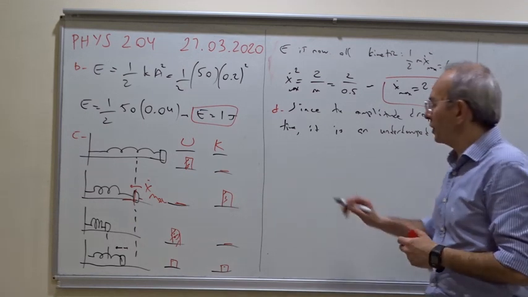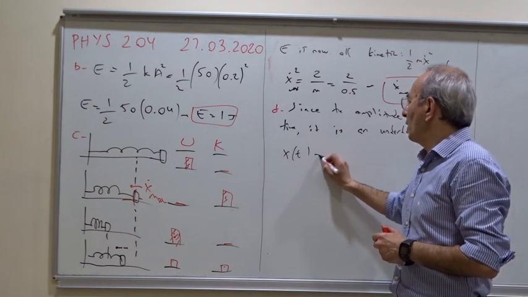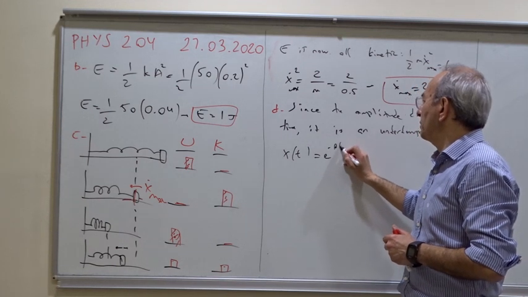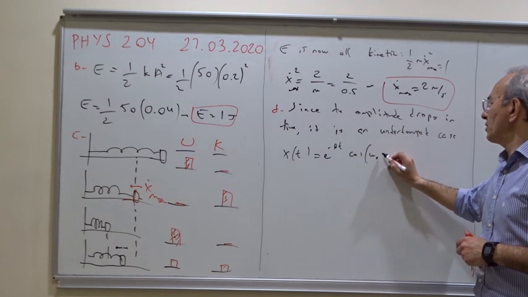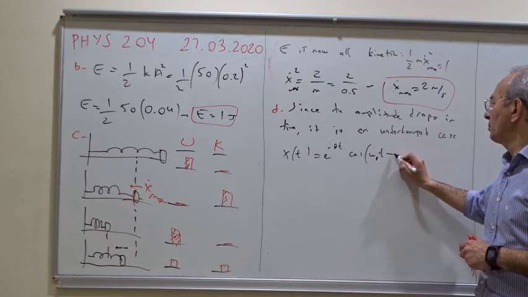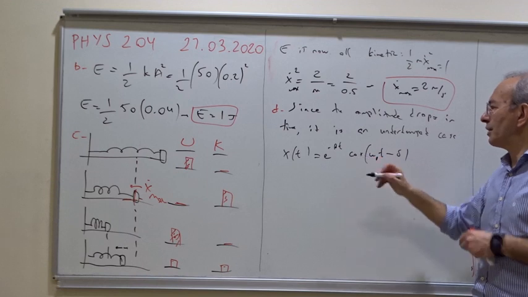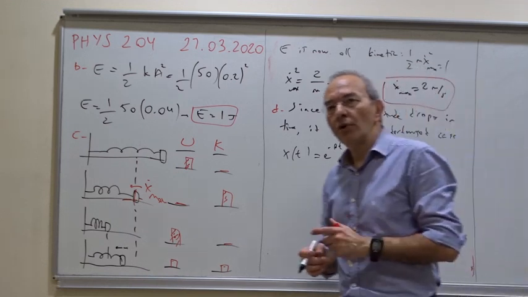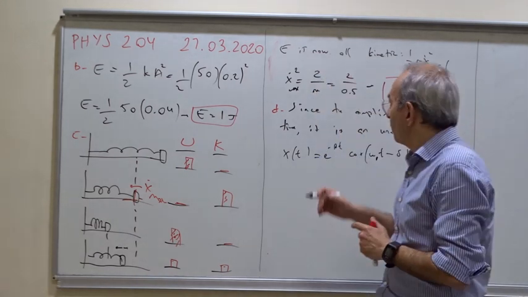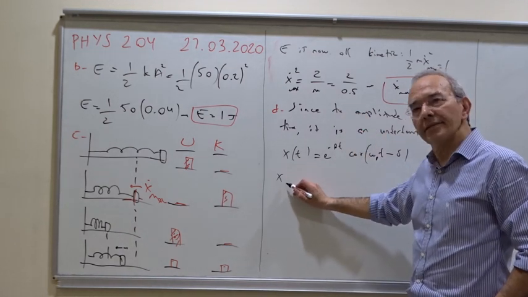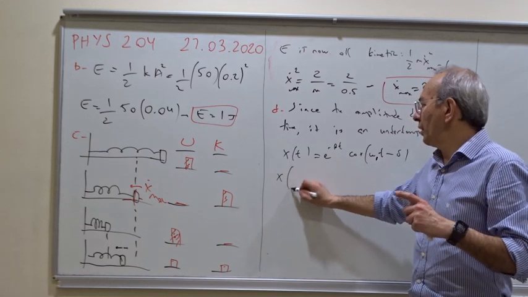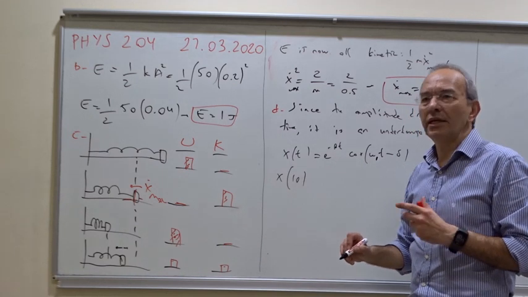So what is the equation for such cases? X of t was first e to the minus beta t and then a cosine part, cosine of omega 1 t minus phase, but the sinusoidal part is not very important because we talk about the amplitude. Now it says the amplitude at time t equals 10 seconds is